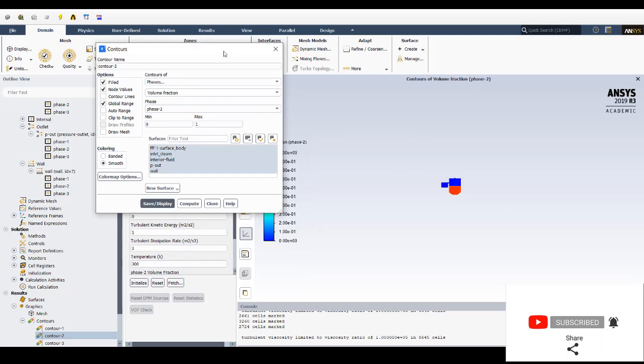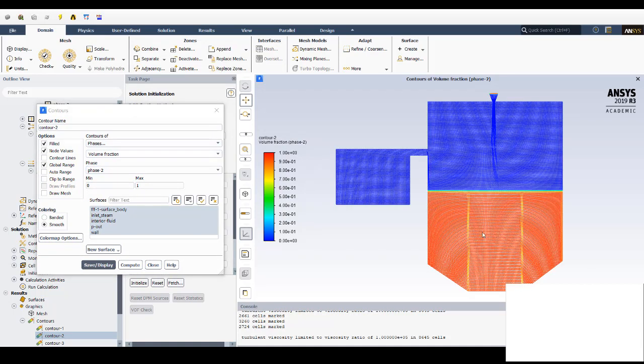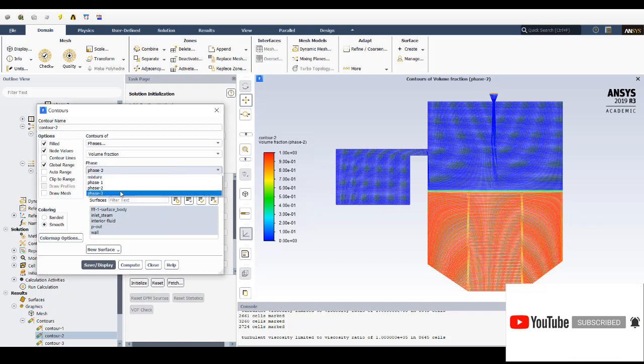I'll just zoom in. Yeah, so here we got water, which is passed with a maximum of 1. There are some regions where the volume fraction is 1. So here the water is 1, and in all the remaining portion it is 0 to 0.9, and here the entire region is 0.9. It is passed with water, and the topmost is only with 1. Now we can check with nanoparticles also.